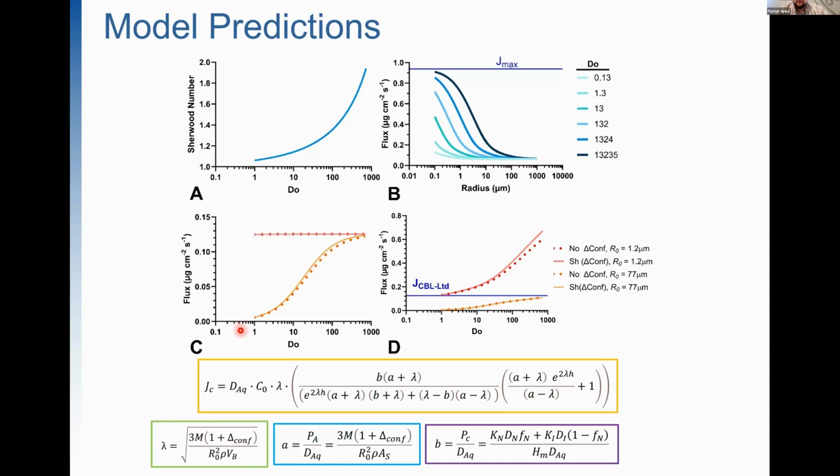And you can see that the large particle sees a dose effect, increasing the flux through the membrane. However, the small particle, using the traditional model, basically achieves maximum flux at any dose because those particles are so small. When we allow particles to dissolve within the boundary layer, we actually predict that small particles can achieve a much higher flux than is possible when they are not allowed to dissolve in the boundary layer. So we hope to see this phenomenon in our results.